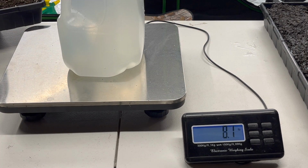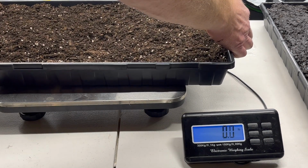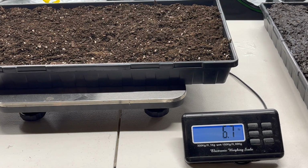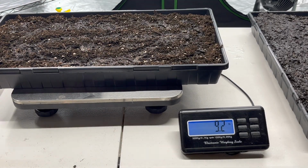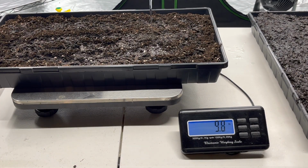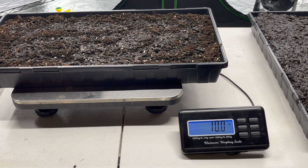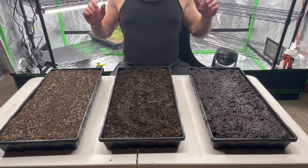So water is 8 pounds a gallon. Here's a gallon of water. So what we're going to do now is we're going to take a 3rd tray and we're going to fill it full of fresh soil. And then we are going to add water until it reaches about halfway between the soaking wet and the bone dry, which we'll say is 10 pounds. So we're going to add the water until it's 10 pounds. And this one is going to be our ideal saturation that we want to aim for